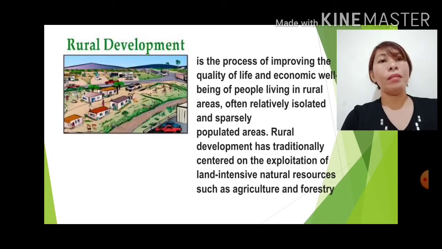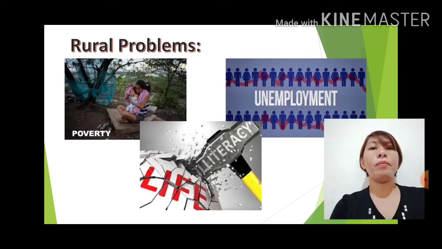So rural development is basically a program or an initiative to improve the livelihoods where the majority of people in poverty live. Now, the basic objective of rural development programs is to alleviate the people from poverty and unemployment through creation of basic social and economic infrastructure, and also implementing comprehensive development for people living in the rural areas. Now, rural areas can be beautiful and relaxing, but they also confront important challenges. Examples of these problems are poverty,